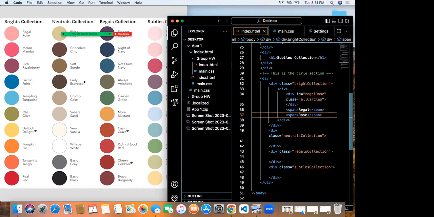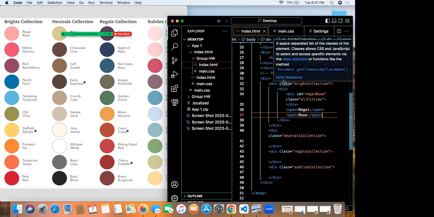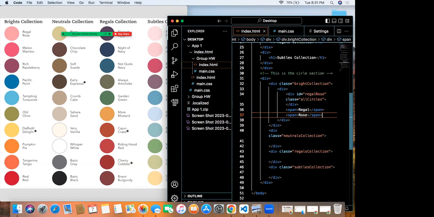Okay, so how would we align this? Can you style it in the same way? We have to style our div, the ones for all circles. Just make sure that it doesn't occupy the entire width of our screen.